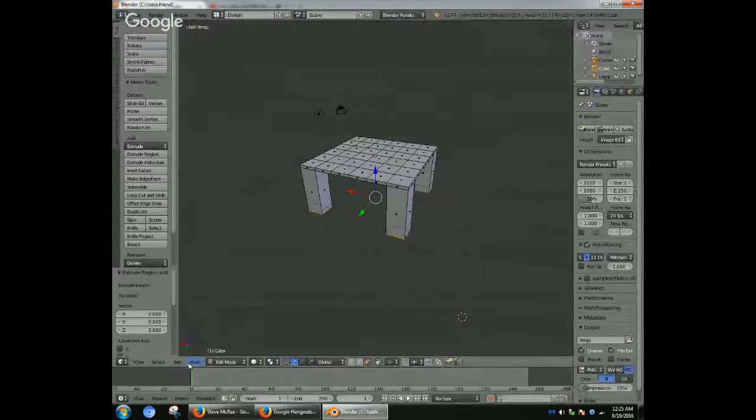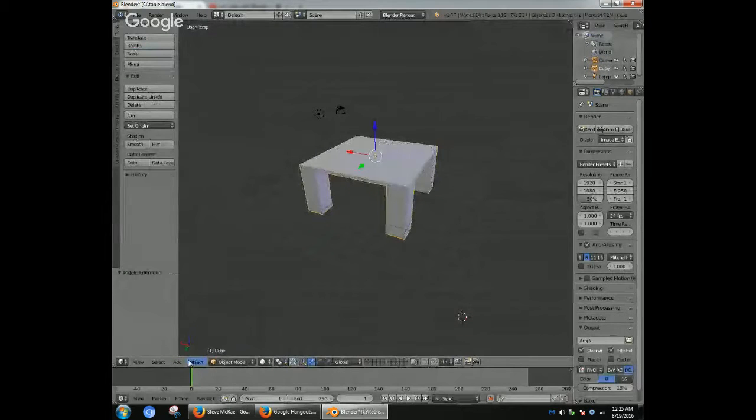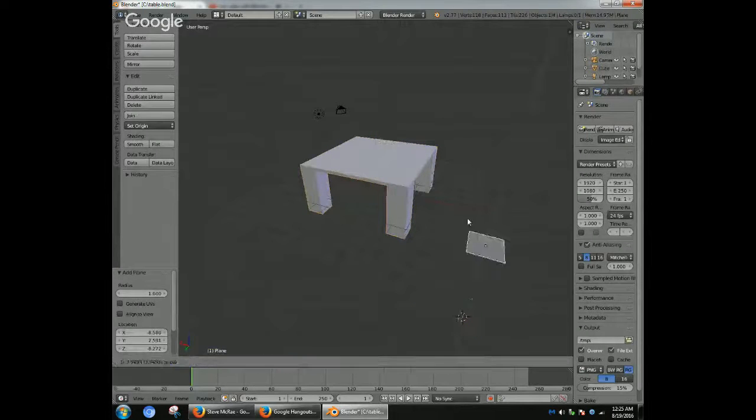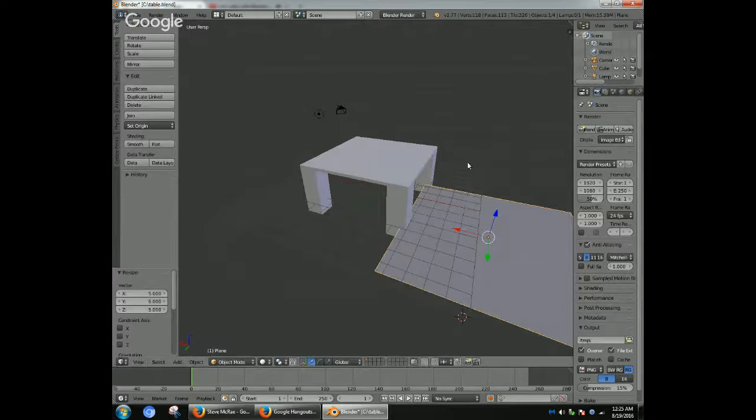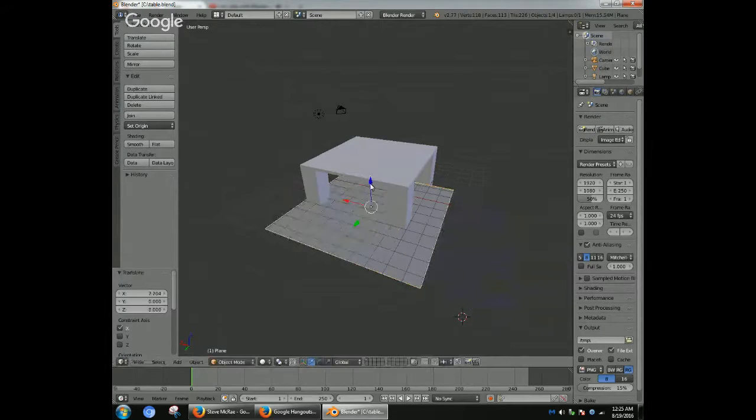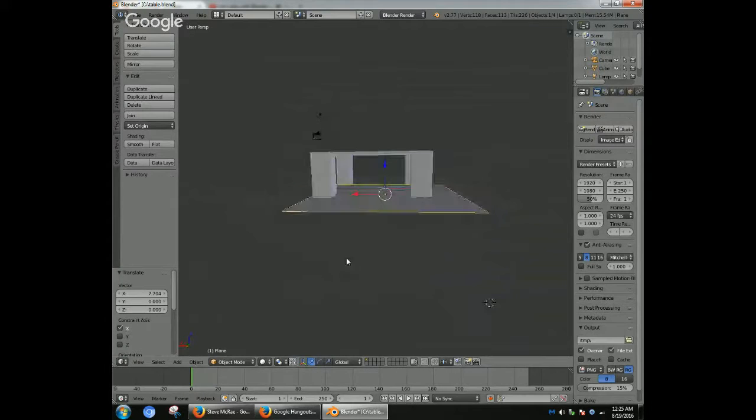And now I'm going to make the floor. So I'm going to add the mesh, which is going to be your plane. Down here, I am going to make it size 5. So you hit S for size, 5, and then I'll resize it 5 times. And I'm going to place that right underneath there. Okay, so